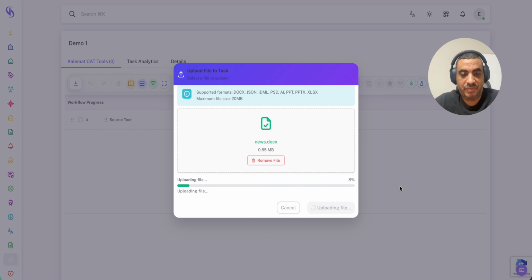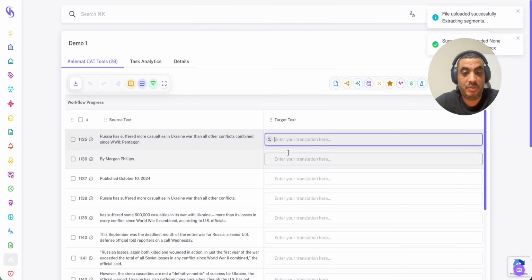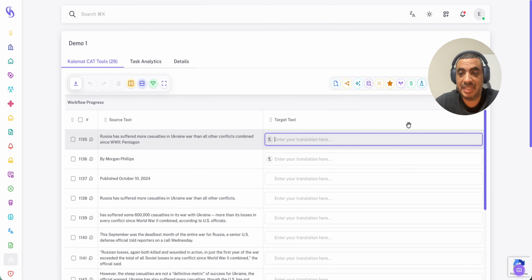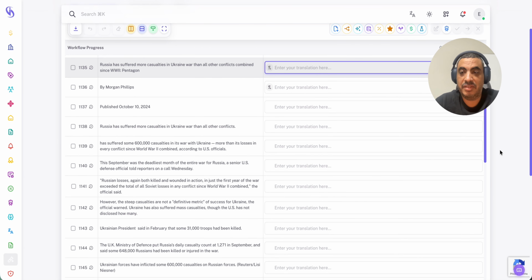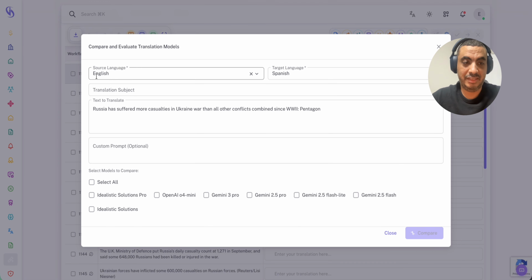Now the system uploads the file, splits it into segments, and gives you, as a user, the ability to translate it manually if you want, or you can use the system translation here. And if we go here a little bit, we have AI translation. We have the evaluation model. Do you remember this evaluation model? Let's test it here. If I click on it, it automatically takes the segment I have, and I want to translate it from English to Spanish. I want to try all these models